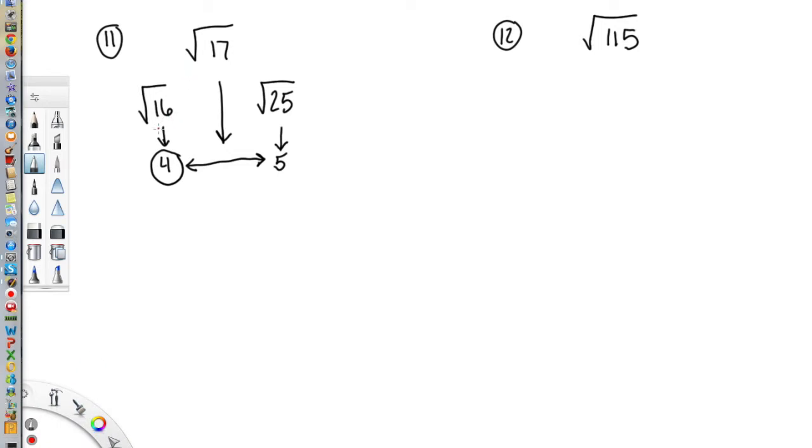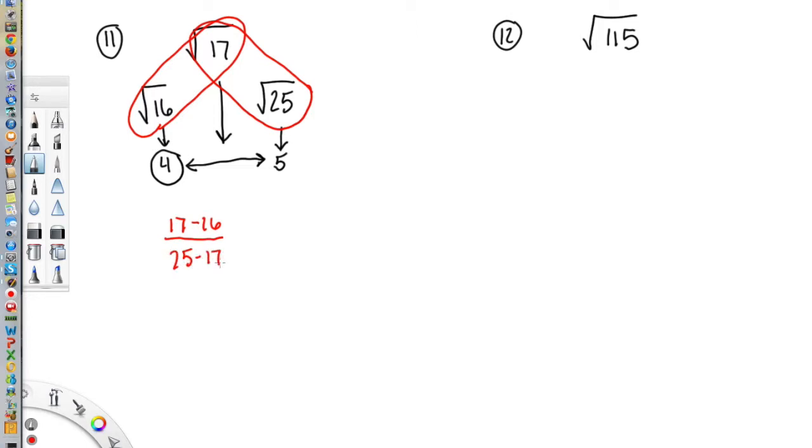I need to find it to the nearest hundredth. So what I do is I take the difference between my first two square roots, which would be 17 minus 16, and that's going to be my numerator. And then I take the difference between my next two square roots, which would be 25 and 17. And when I subtract, I'm going to get 8. Technically, my answer is 4 and 1/8. But it asks me to go to the nearest hundredth, so I'm going to have to